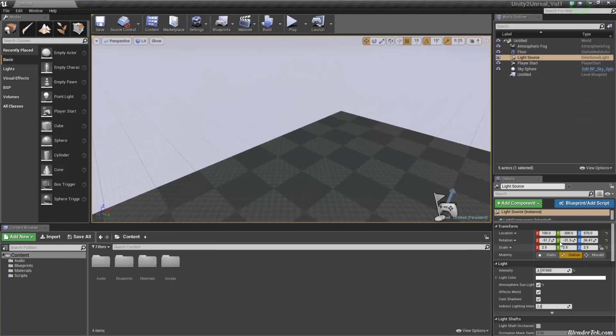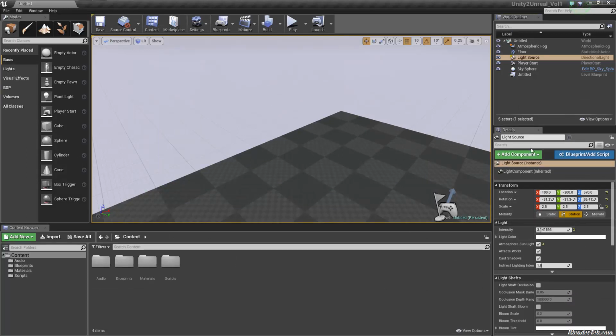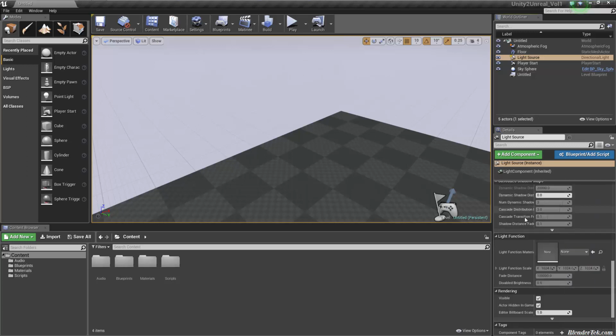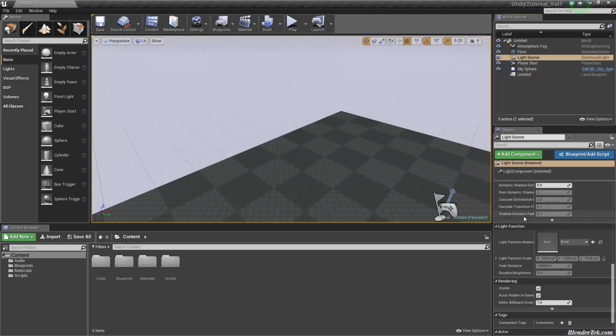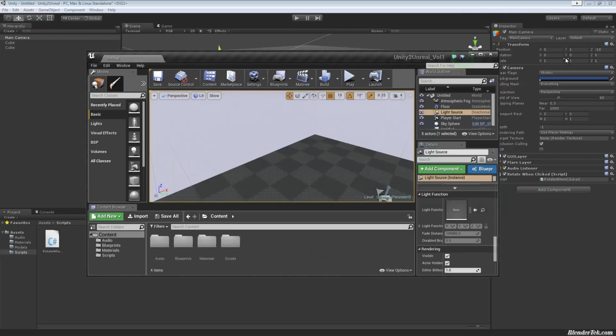Very similar, and we have similar components, if you want to call them that, which they are calling them that for now. We have transform, location, rotation, scale, and a bunch of different ones that are of course unique to Unreal, but rendering, tags. So a tag here works exactly the same way as a tag in Unity.